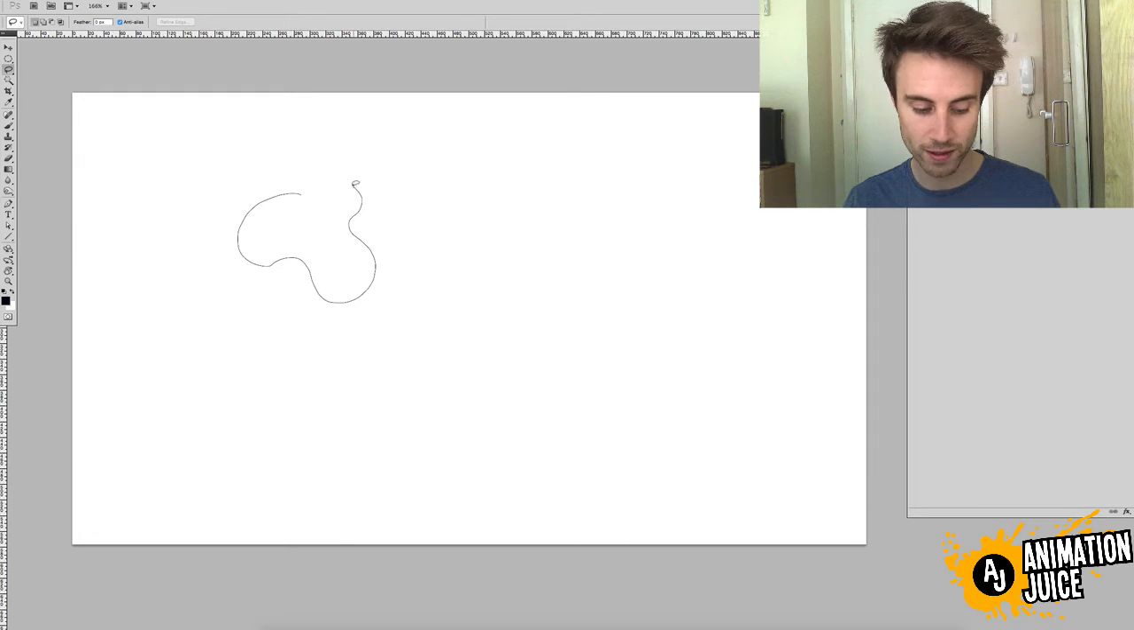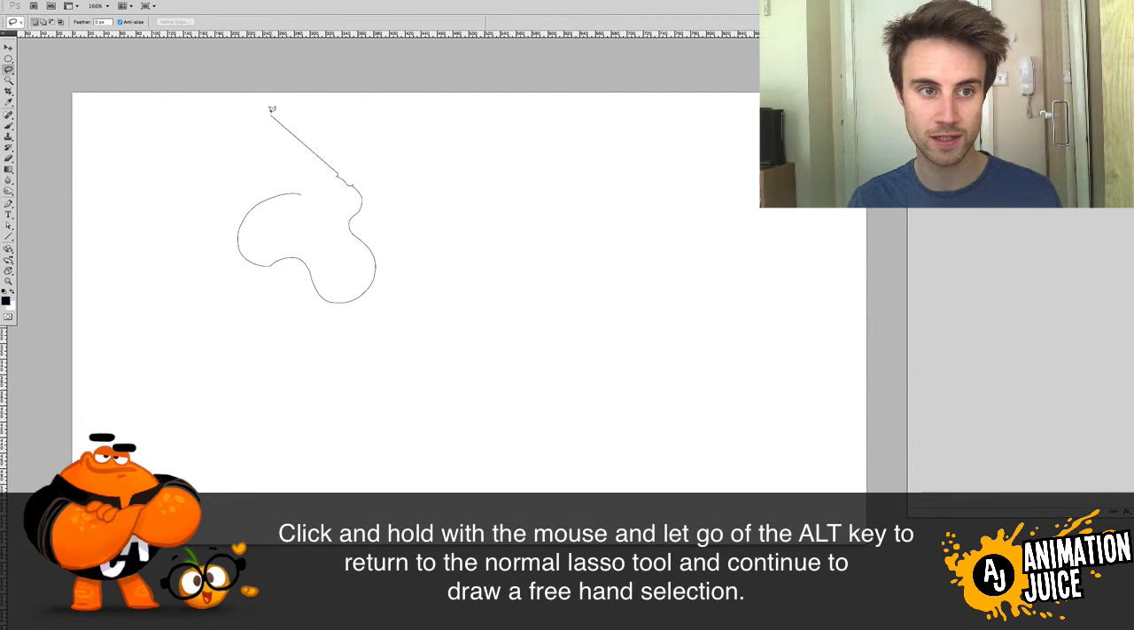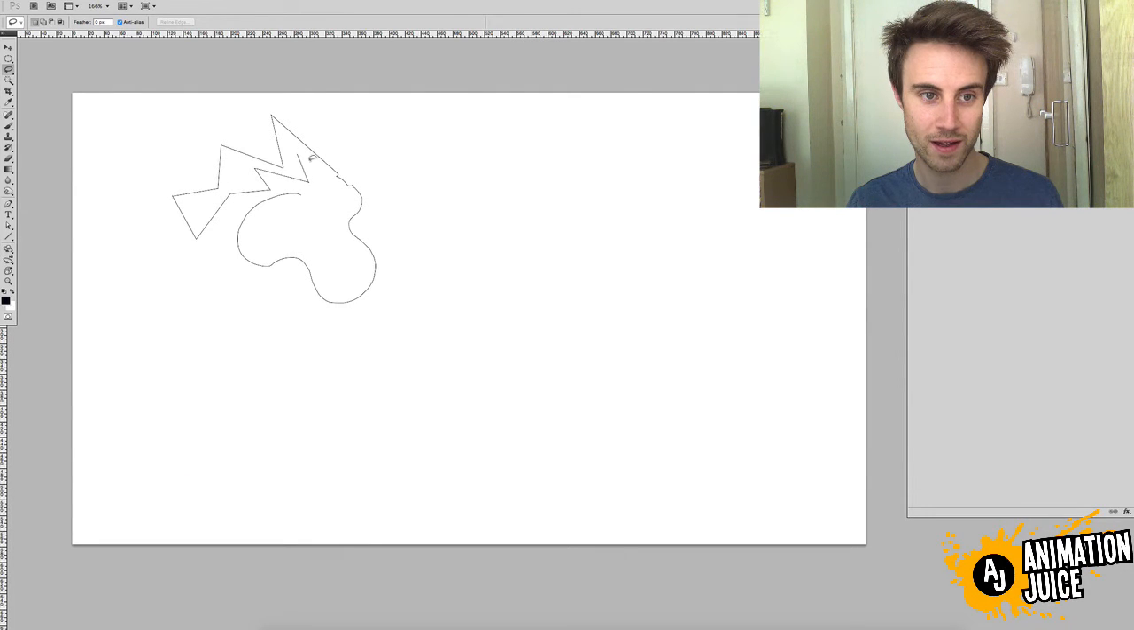and while still without letting go of the selection, hold Alt and then let go with the mouse, and you can see you're now free to start using the polygonal tool. Now I'm still holding Alt at this point, and then when you let go of Alt and carry on drawing,